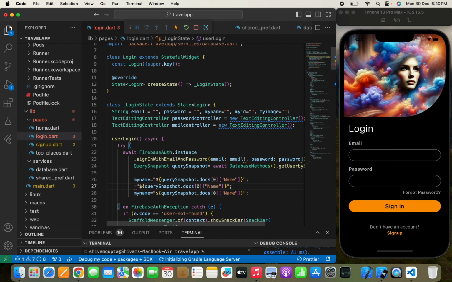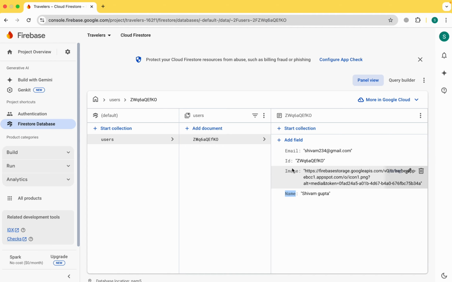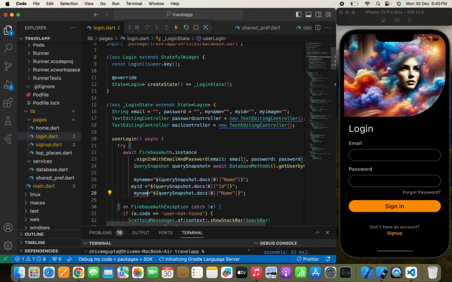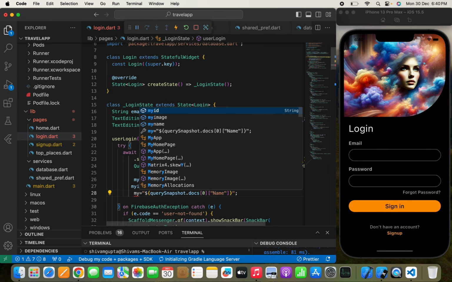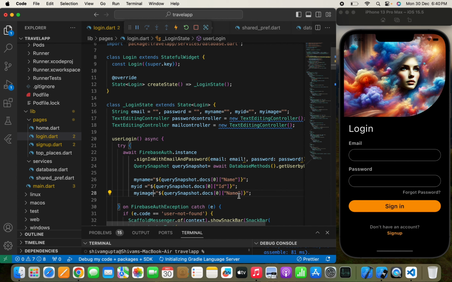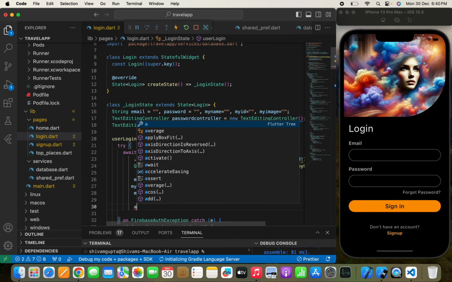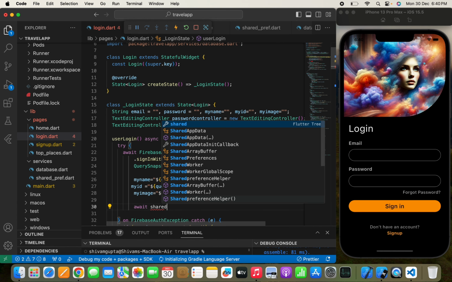Sorry, why I'm writing my email: we simply get an email from here and we can store that in the string email. So we don't need email because we already have an email. So I'll write myId, and here I'll pass the id something like this, and we need to get his image, so we'll write myImage something like this. Once we have done all this, I need to write await SharedPreferenceHelper,